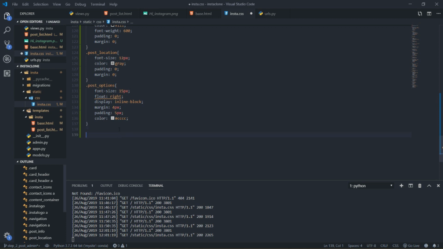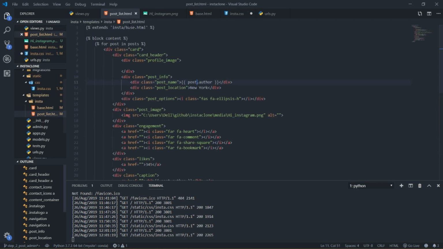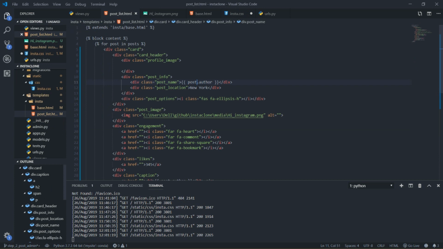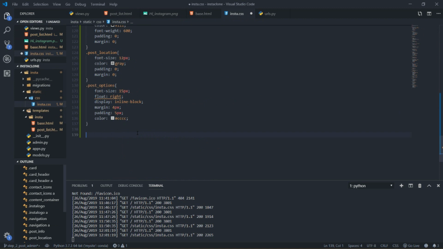Now I will have the actual image of the post. Then I will do the CSS for that one, which is somewhere post image. Here's the name, the caption, the options. Now I'll be working with this post image. So coming back here,